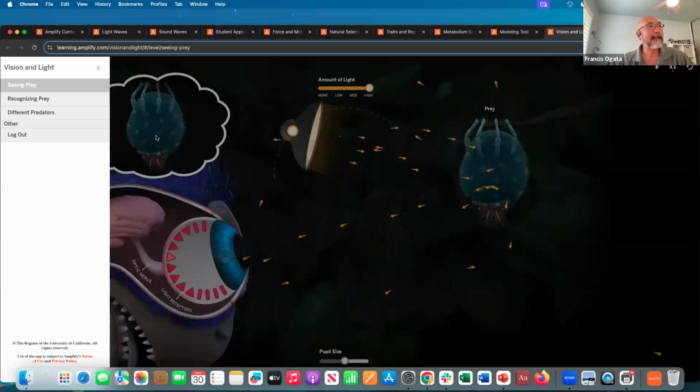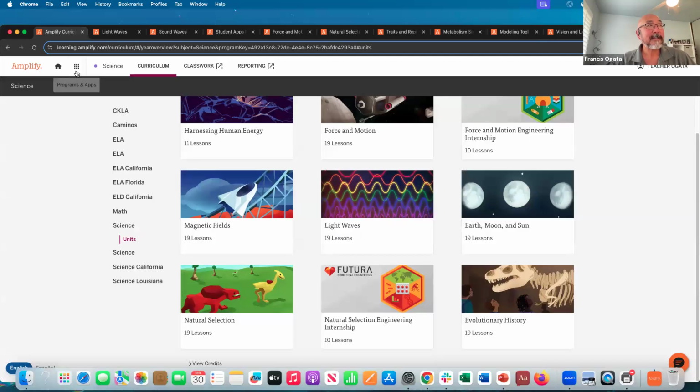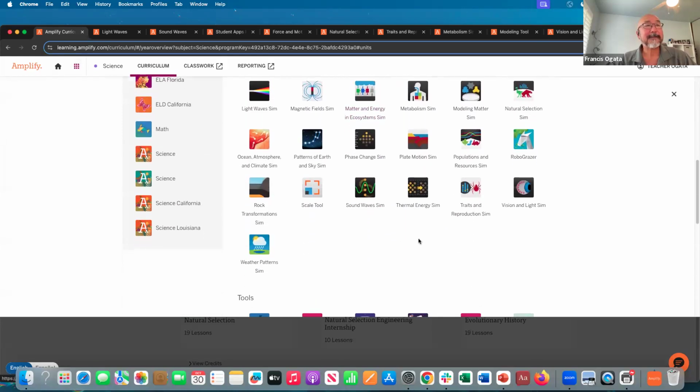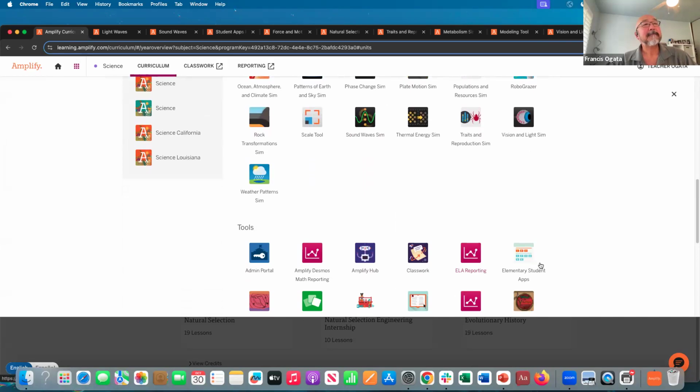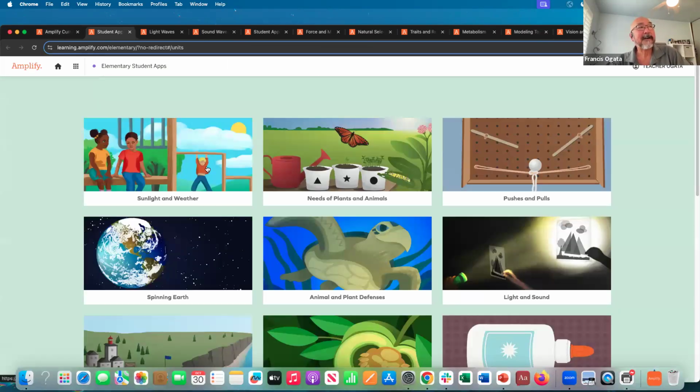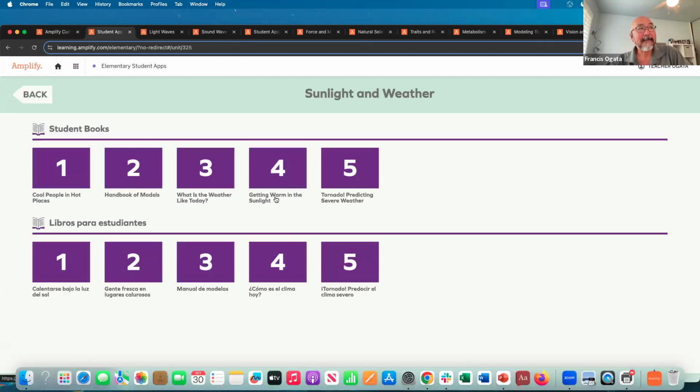If you want to see, the easiest way is to go into the elementary student app. So if you hit right here and you go into the elementary student apps, then you can see the different grade levels and what they have. For example, if I'm in kindergarten, all I have are the student books in English and Spanish.